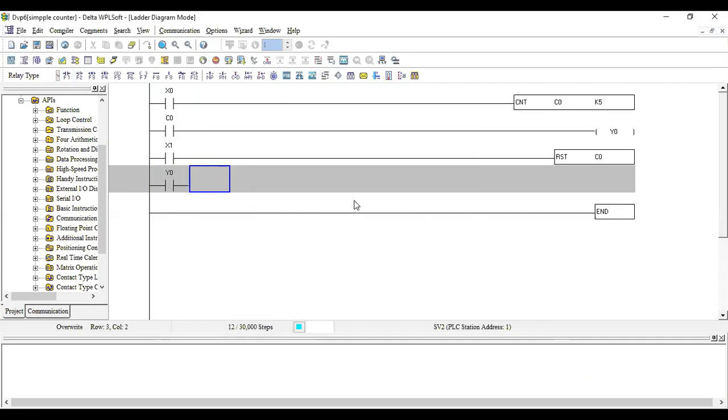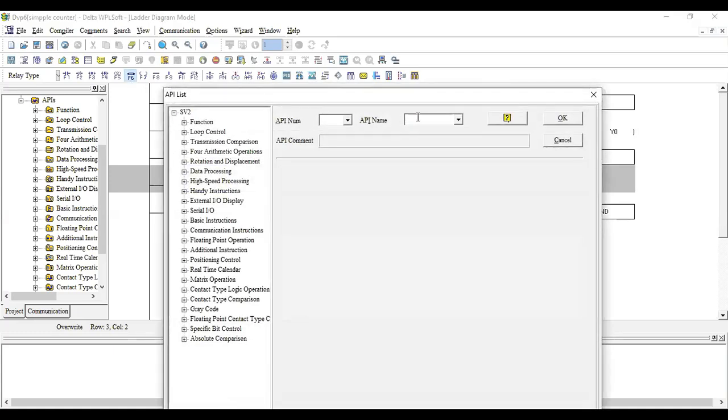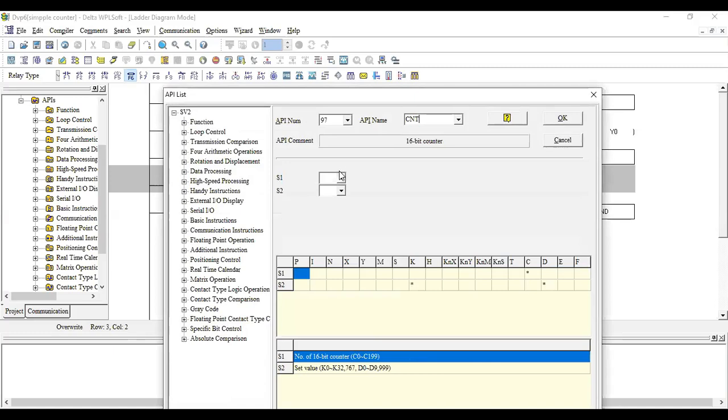I'm going to start another counter, C1, counter 1.